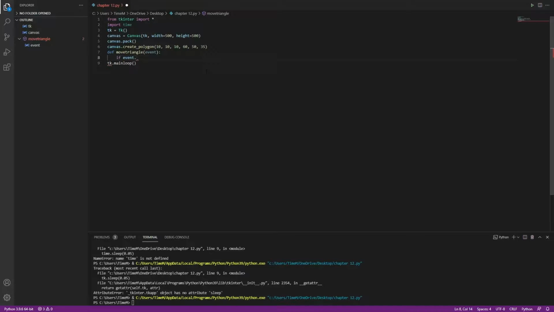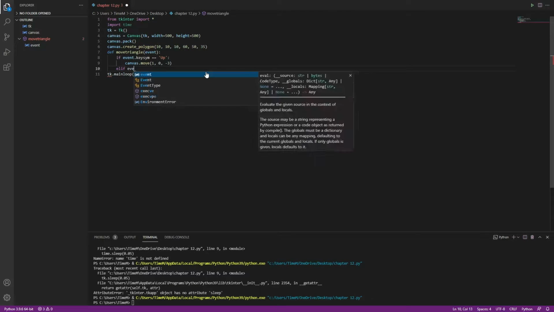If event dot keysym is equals up, then we want canvas.move 1, 0, -3. Otherwise, so elif event dot